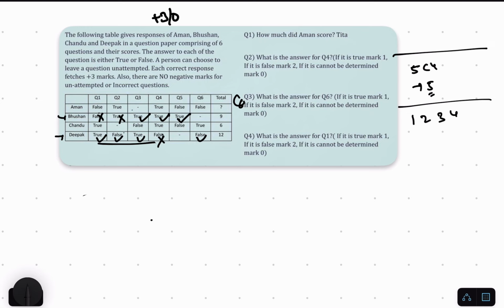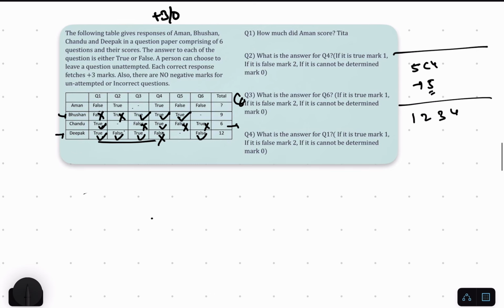Now let's check for Chandu, because it is satisfying for Aman as of now. Let us look for Aman and Chandu as well. Aman we can't, Chandu only we can. So this is true, so this is also true, this is true, so this is wrong, this is false, so this false is wrong, so true is correct, this is true, so this is wrong, and this is false means this is wrong. Now his marks are 6. Are Chandu's marks 6? Yes, this is 6, so this is absolutely correct. So our case of 1 2 3 6 as correct responses for Deepak is correct. We will write 1 2 3 6 as correct responses for Deepak. Here we can also find out, we'll come to this point later on.